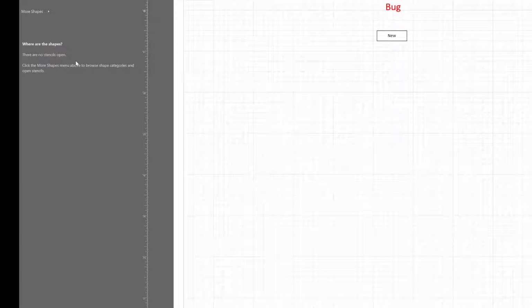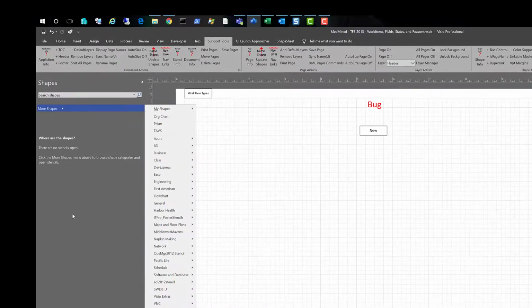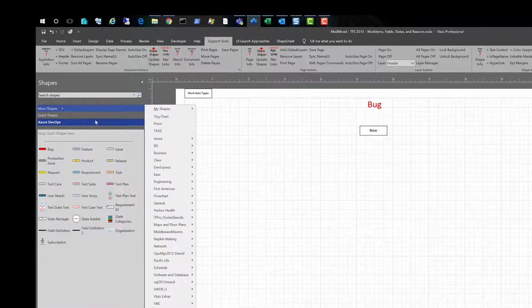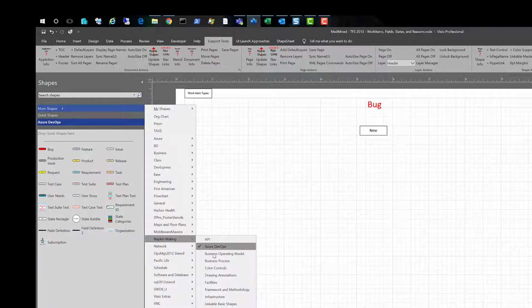If you don't have any stencils open, which may happen from time to time, you can click on more shapes and then open one or more stencils over here on the shapes window. Stencils contain masters, which are like cookie cutters to create new shapes on a page. So we're going to go to napkin making, click on Azure DevOps, and go back here and open up napkin making,